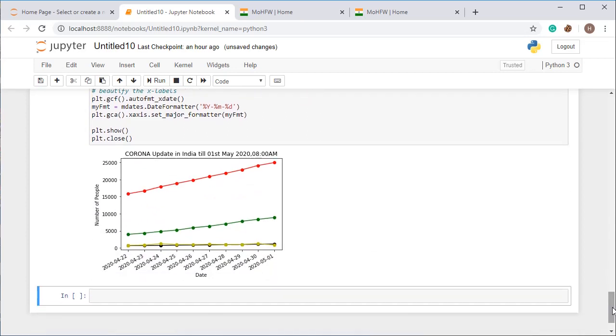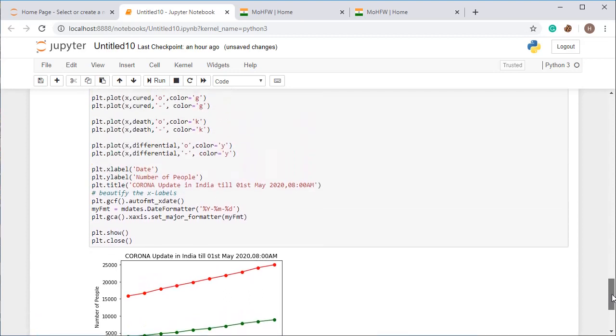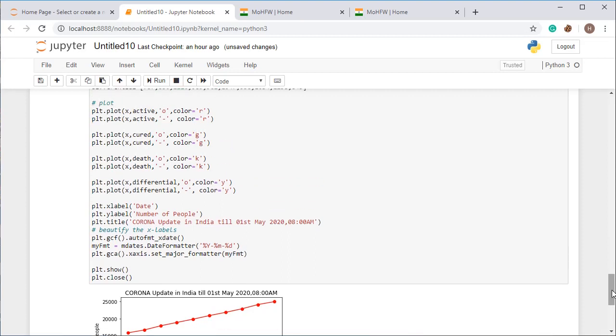So this one is the graph we have plotted, and you can set the legend values, but for setting a legend you first have to create an axis, and then you will be able to use the legend. I'm not going into the deeper section, so this one is working for the axes class.